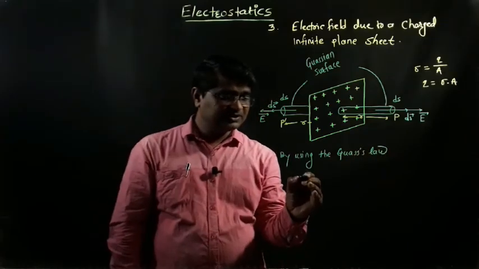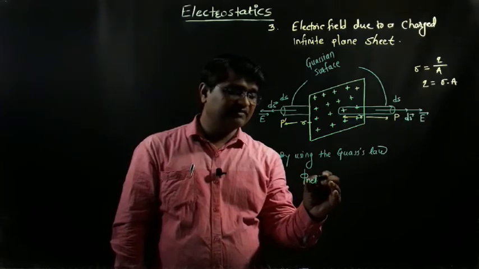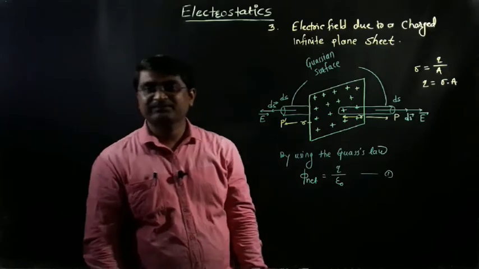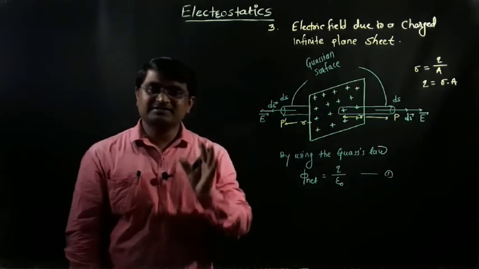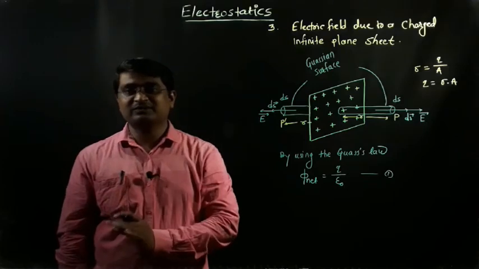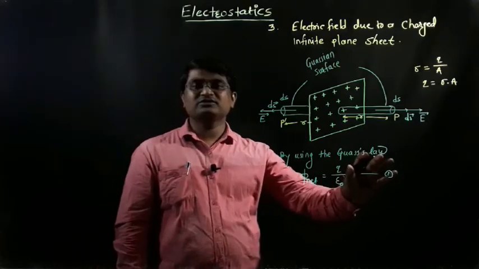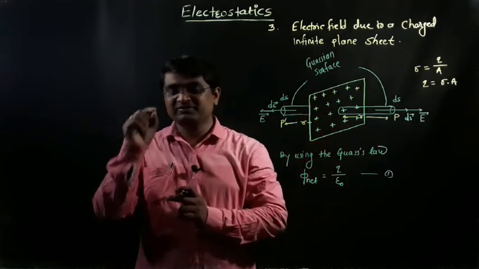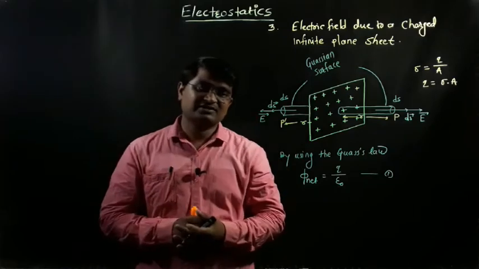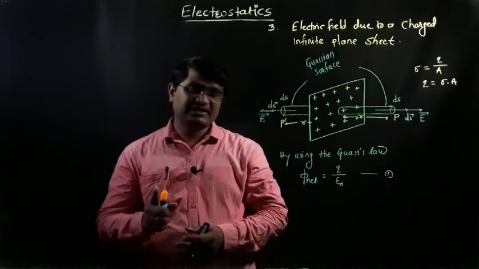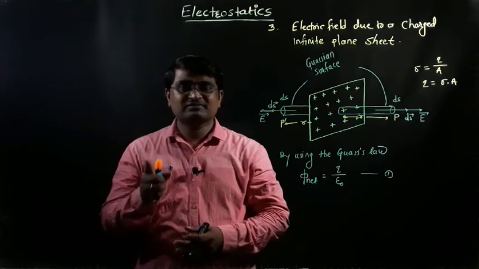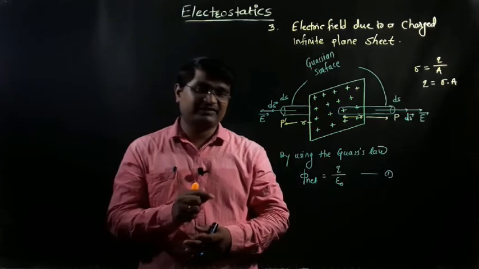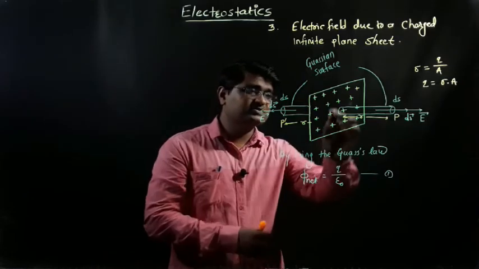So we know that by using Gauss law we can find out the net flux, and this net flux is equal to Q upon epsilon naught. Call this equation number 1. The first and second applications of Gauss law we have already covered in previous lectures, and the same technique is used to find the electric field in any application. According to the blue patch of your textbook on the first page of electrostatics, first we draw the diagram, then we find the flux by using Gauss law, and then we find the total flux by using the definition of electric flux.